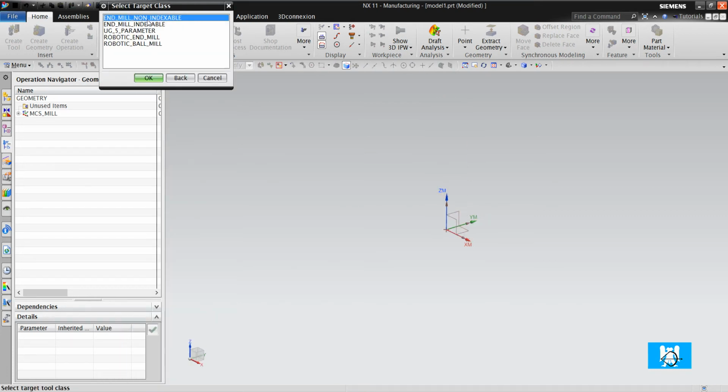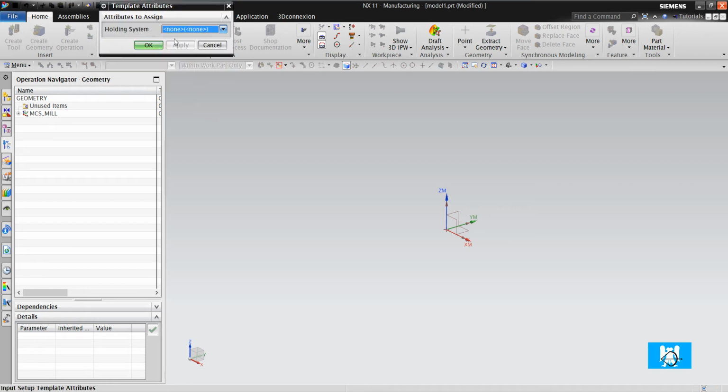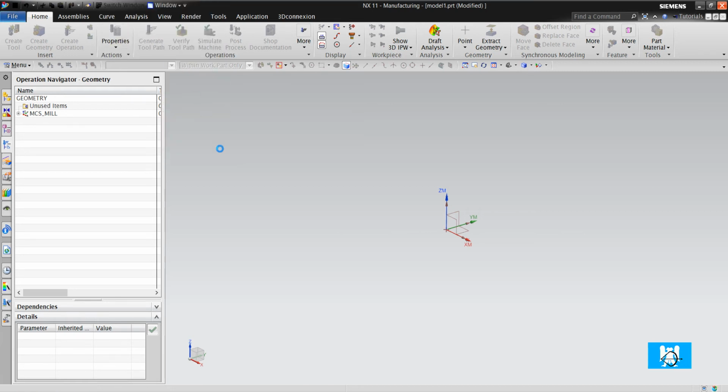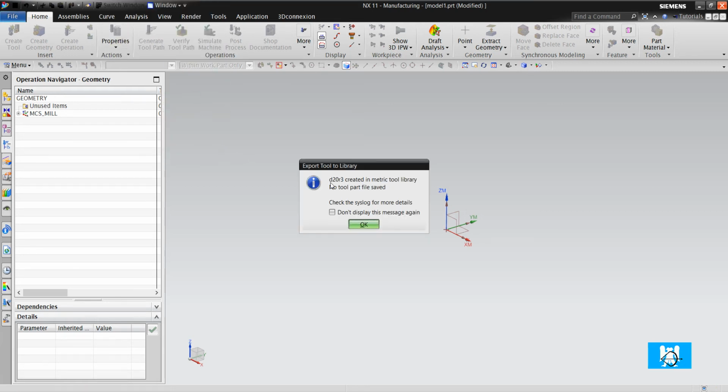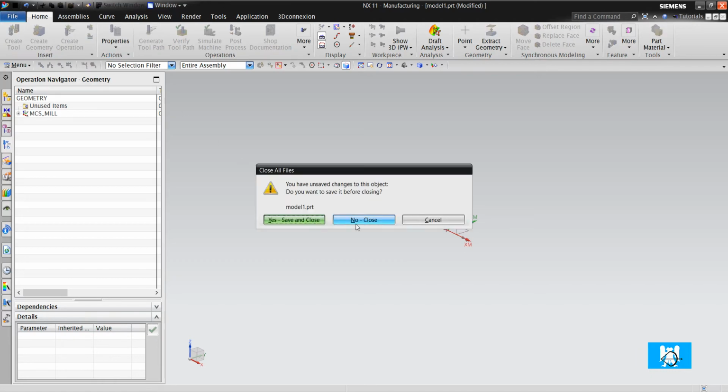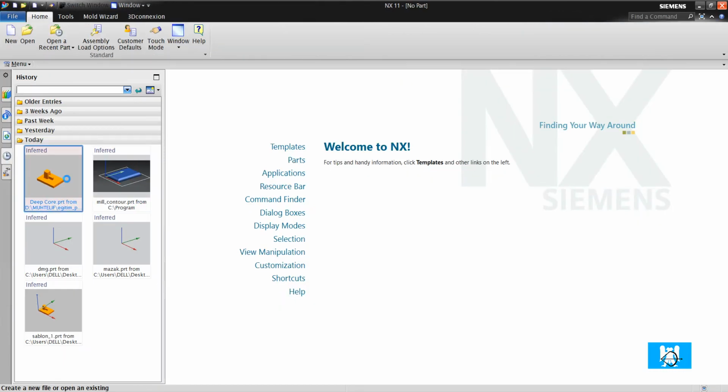You can use end mill non-indexable or end mill indexable from here. You can choose a holder system that you defined before, and it is created on the tool library. We close this part, open a new part,